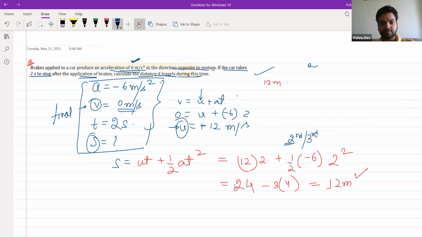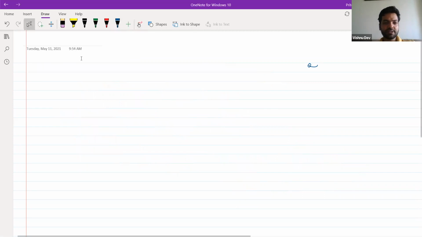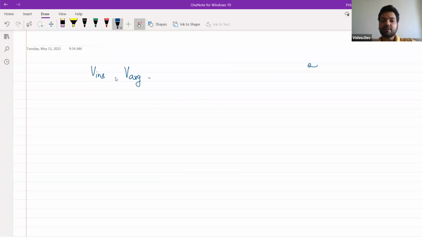Okay. I assume no doubt in this. So yes, now one of you asked me to go through a problem related to finding instantaneous and average speed. So I'll just give you an idea because the problems related to it are quite advanced. We'll be doing mainly these kinds of questions that involve a little bit of calculus in foundation class. So I'll just give you a simple idea.